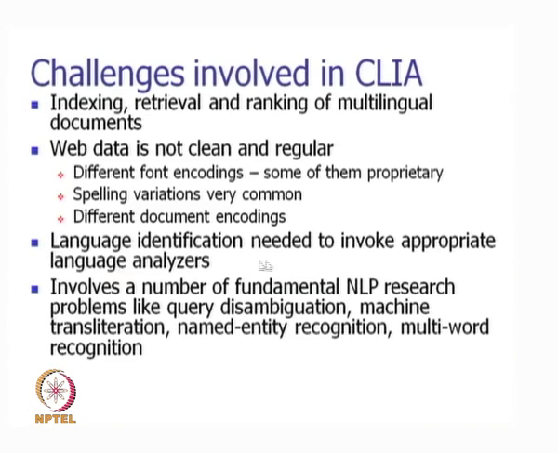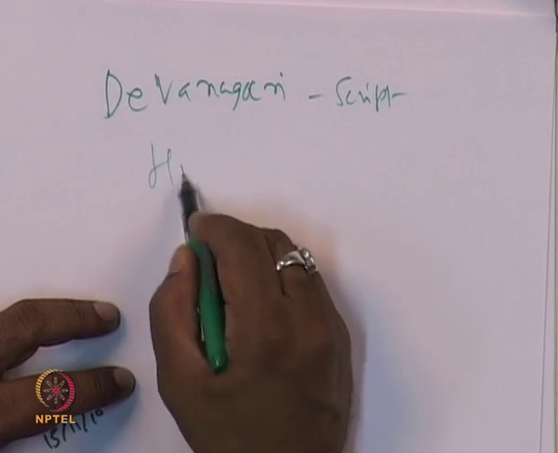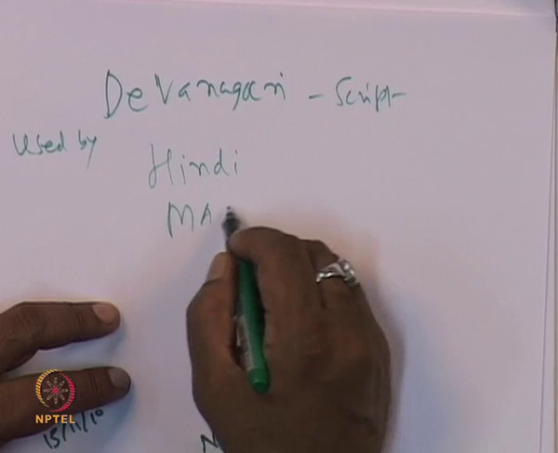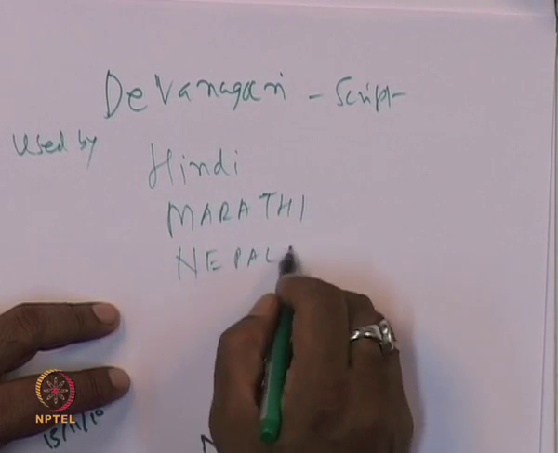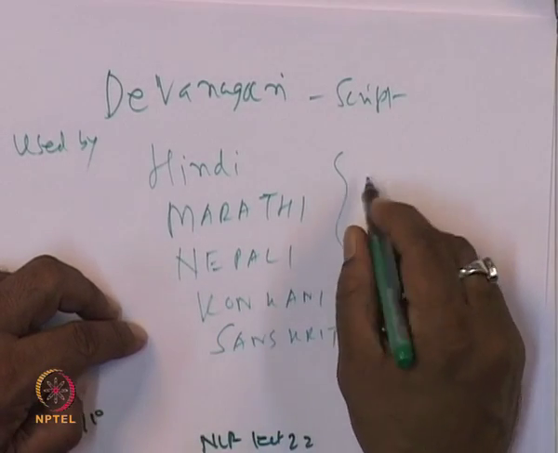Many times it is important to do language identification to invoke appropriate language analyzers. So, if the cross-lingual information retrieval engine is such that it also does the job of identifying the language in which the information should be presented corresponding to the query, then that would require a language analyzer. So, is a particular document in Hindi or Marathi? So, we also know, for example, that I will write it down, Devanagari as a script is used by Hindi, Marathi, Nepali, Konkani and Sanskrit. So, the problem with this is how to